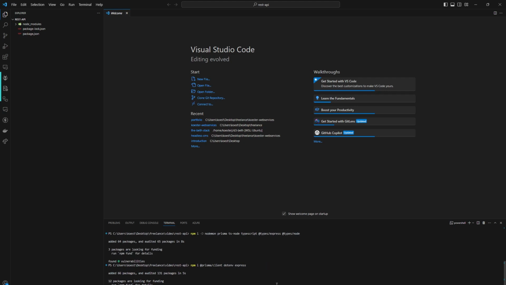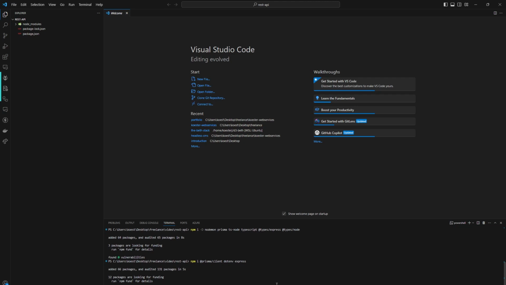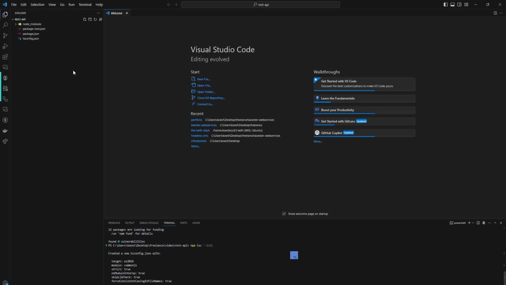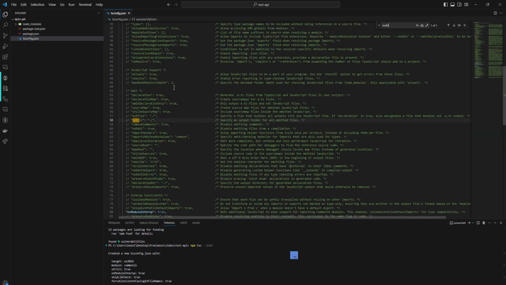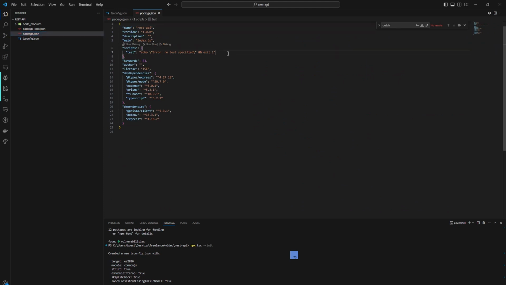Now let's initialize a tsconfig, npx tsc --init, and let's check for the outDir. That's where the bundled code will be located. Let's call it dist. And now let's create a dev script, and we need a build script for bundling it later. Build script is just tsc,